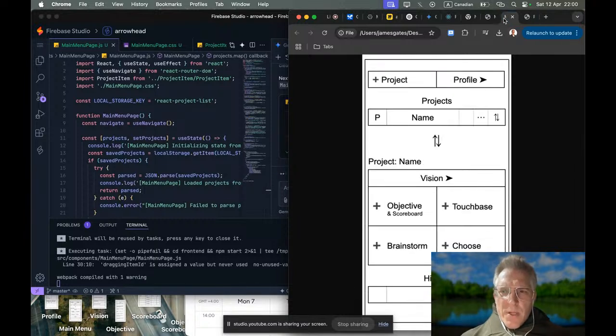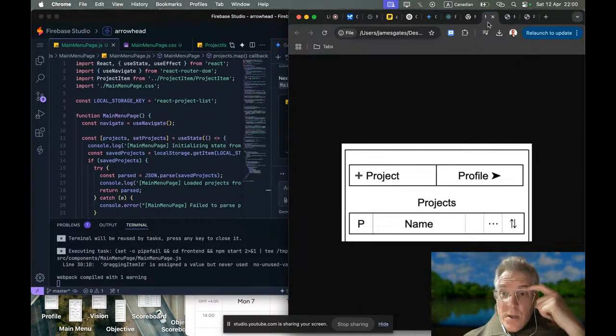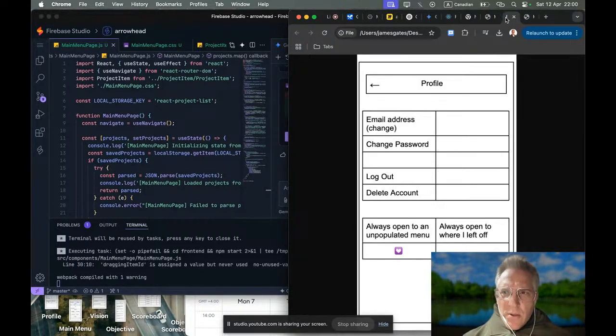Okay, now what do we got going on here? All right, so we want to make sure that we can add, delete, rename, and move projects around. Once we have the project, then I want to go back to the profile page and make sure that in the database a project is connected to a user. Then I want to make sure that the user is connected to an email, and that somebody can sign up. So it's kind of like a